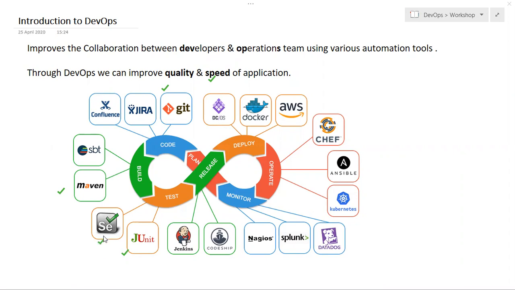Once we develop the code and test the code, you have to deploy. Deploy means we will pack all the code into one container and push it to Docker Hub. From Docker Hub, the operation team will take the code and launch it in other environments like stage and SAT environments. So we will learn about Docker.